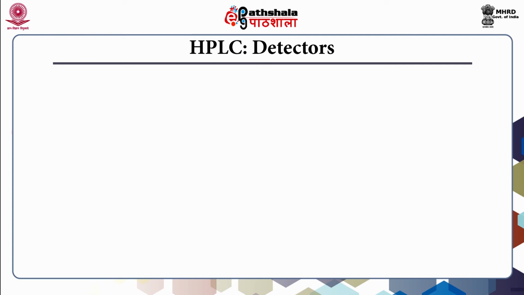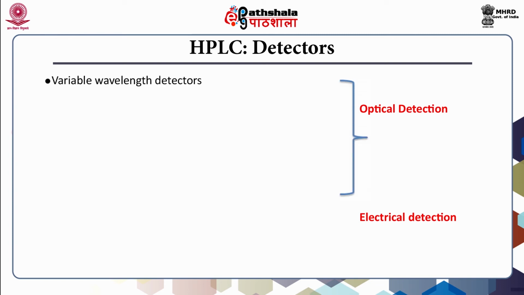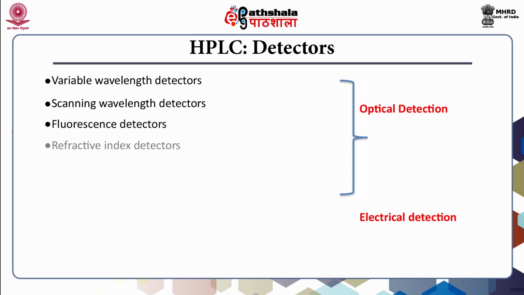So, these 9 kinds of HPLC detectors are majorly classified into 2 categories based upon the detection mechanism. The first category is called the optical detection mechanism and the second category is called the electrical detection mechanism. So, what are those detectors in each category? In the optical category, the detectors are variable wavelength detectors, scanning wavelength detectors, fluorescence detectors, refractive index detectors, evaporative light